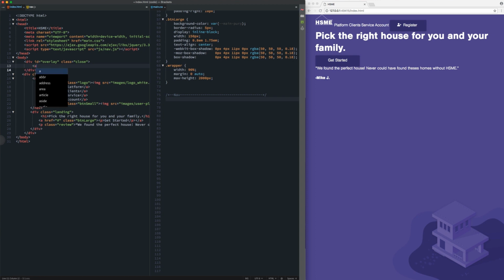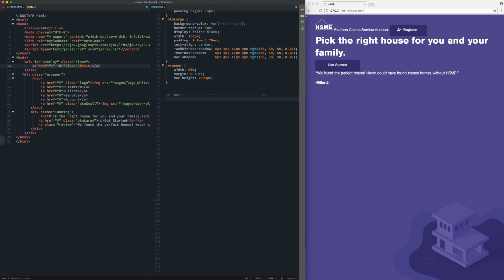So the first thing I'm gonna have in here is an A tag. And on the href, I'm just gonna pound symbol that out. And then I'm gonna give this an ID and not a class. So we've already used the class of close. This time we're gonna use the ID of close. And inside of this A tag, we're gonna have a Unicode. So I'm gonna paste that in. And that is just a close icon. It is &#215;